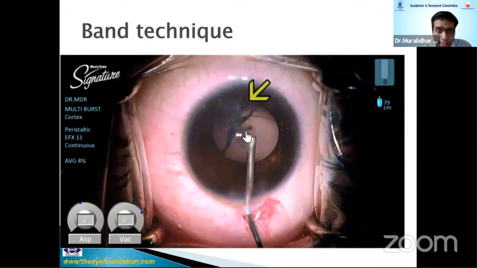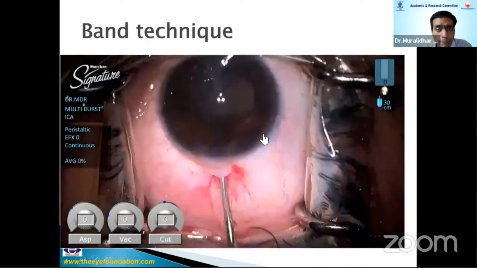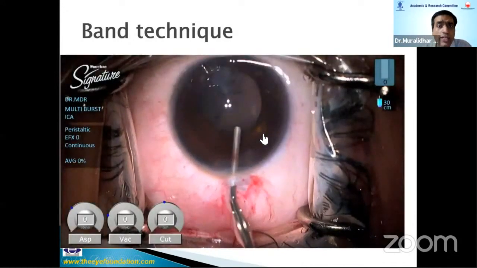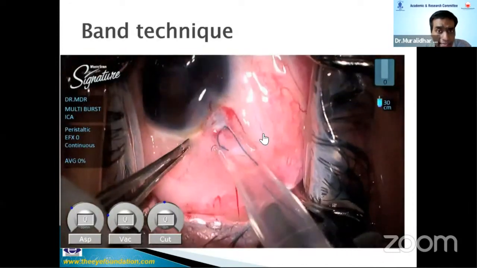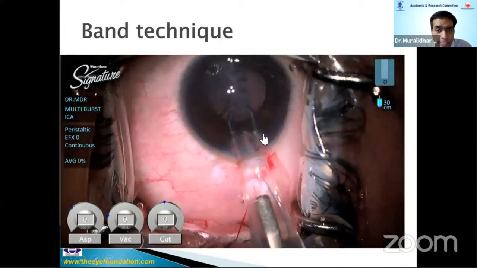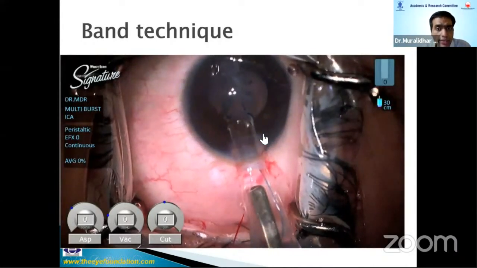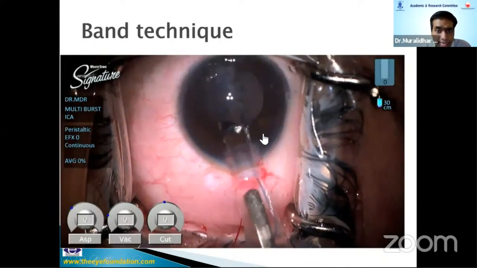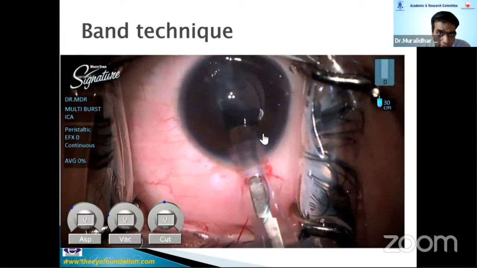For traumatic cataracts, if you don't get a good rhexis, you can make use of the band technique, again proposed by Ken Nischal et al. Here you have to implant the IOL behind the band. Please do not cut this band. You can always YAG it later if you feel it's a disturbance. Inject your IOL behind the band, and usually there is no optic capture.